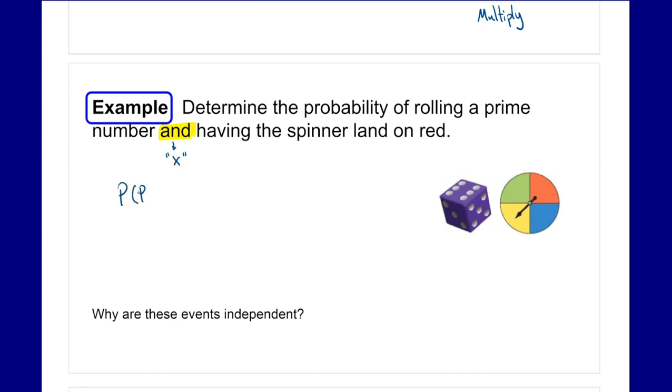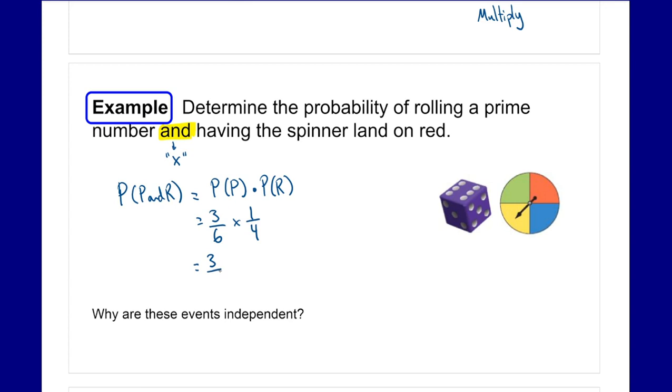So the probability of a prime number and a red, based off of our scenario here. So we're going to take the probability of a prime number multiplied with the probability of red. We have 3 prime numbers, 1, 3, or 1, 2, and 3. So 3 over 6 times 1 possible red out of 4,